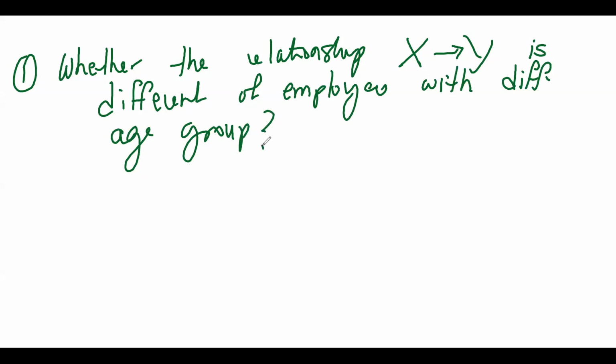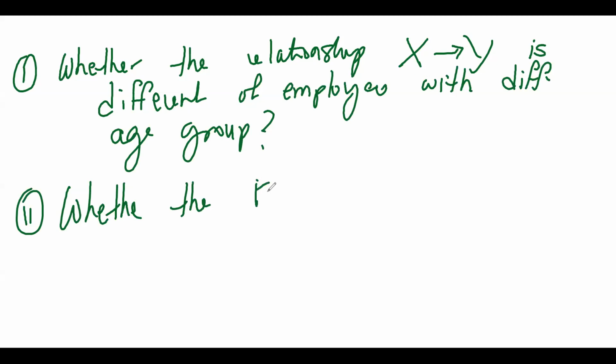This is my question number one. You can say that young people have a better relationship as compared to old people, and you can give your answer or logic. Now the second question which I am asking is whether